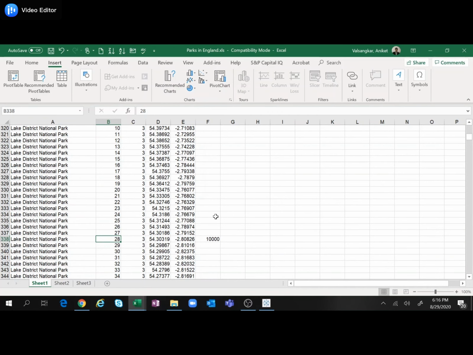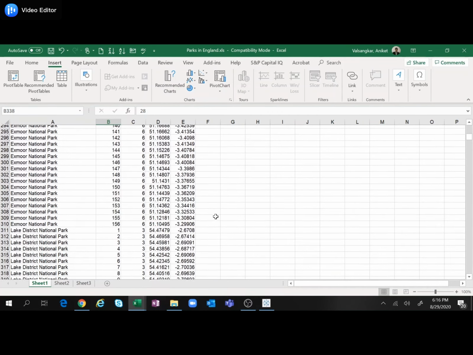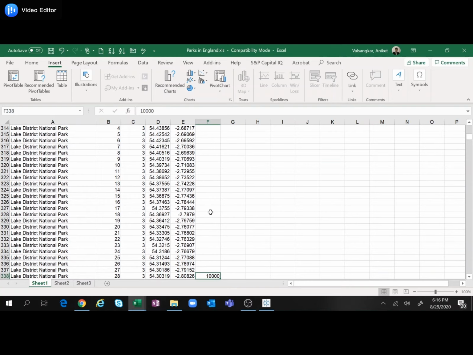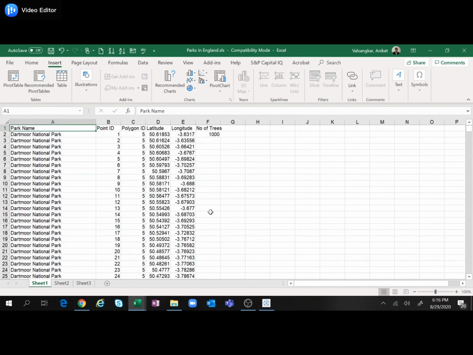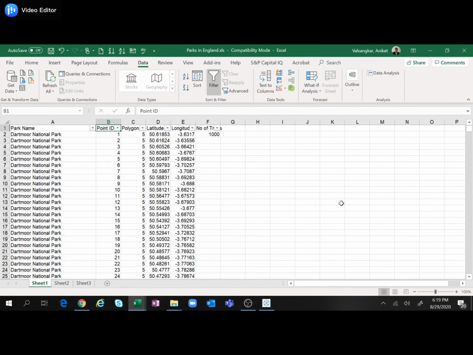So what I'll do is, I'll place the number of trees at the correct location in the data set, and I'll refresh the data set and see whether something good happens out of it. Okay, so what I have done is, I have placed the number of trees correctly for point ID 1 for each and every park name.